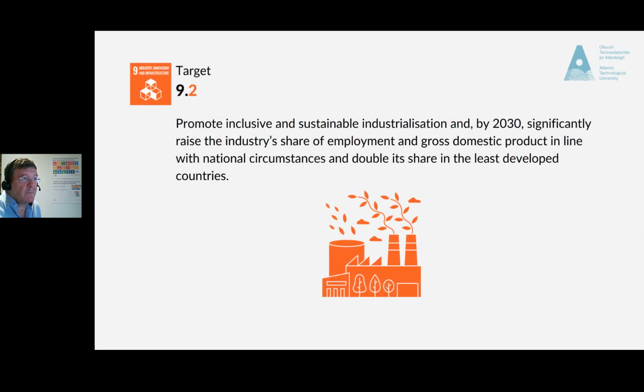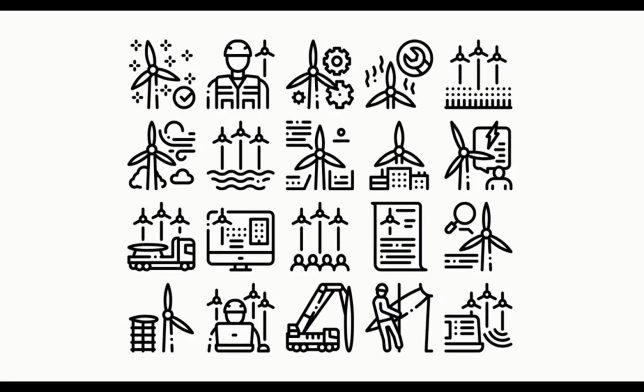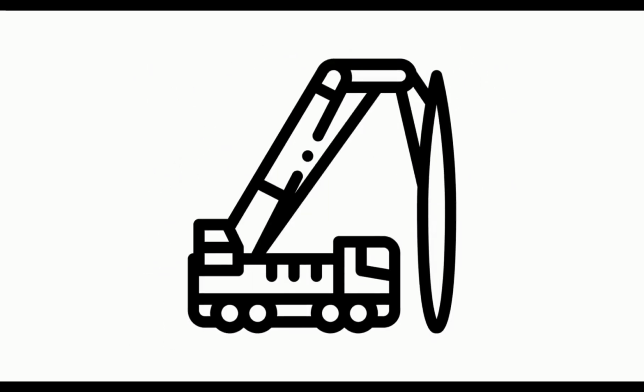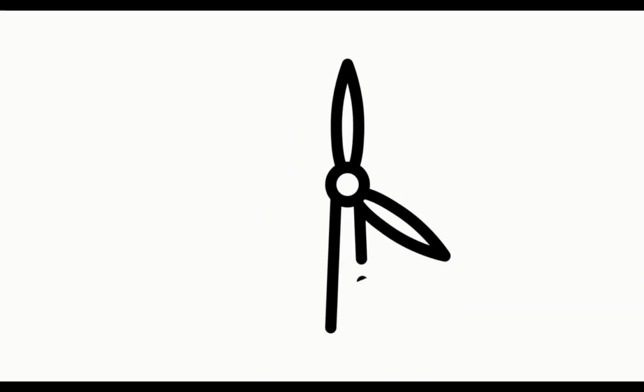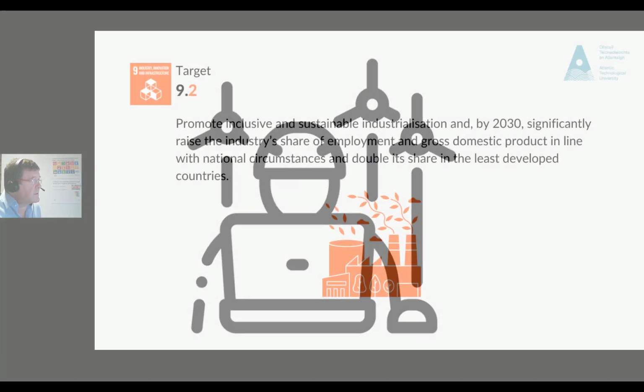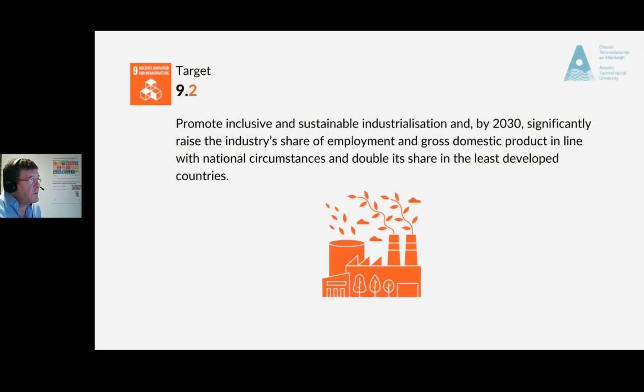Target 9.5. Enhance scientific research, upgrade the technological capacities of industrial sectors in all countries, in particular developing countries, including, by 2030, encouraging innovation and substantially increasing the number of research and development workers per 1 million people, and public and private research and development spending. So clearly a focus there on enhancing scientific capacity and technological capacity. To reach previous targets, researching and upgrading